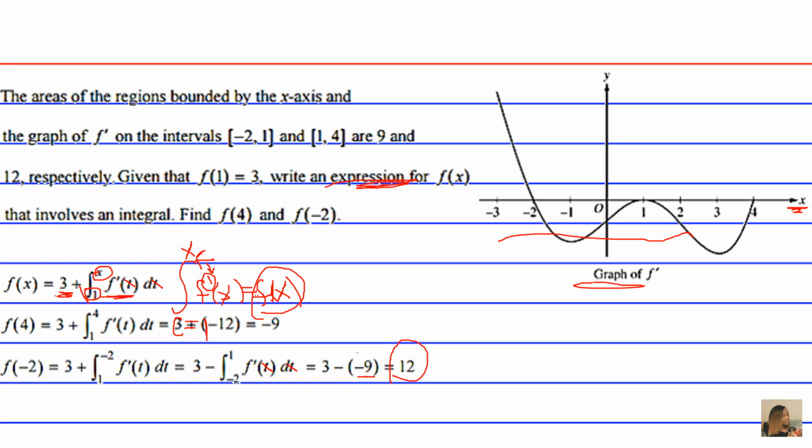It's going to be 3 minus a negative 9, okay? And that's going to give us an answer of 12. All right? So we found a general integral expression starting at the value of 1. And we also incorporated the initial condition, which is